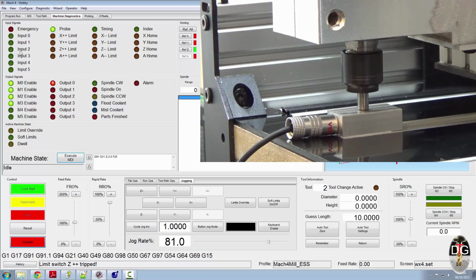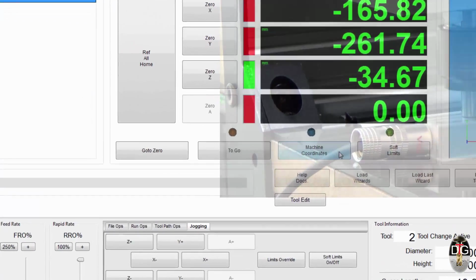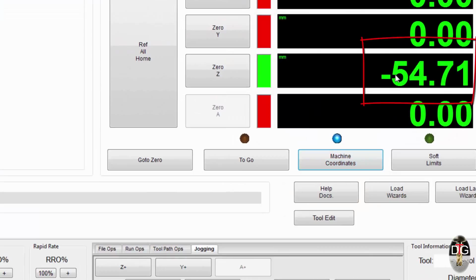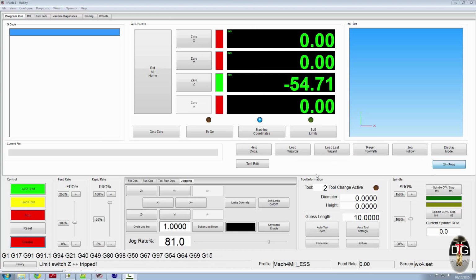Now the coordinates I need are the machine coordinates here. We've got 54.7, so I'm going to call this 55. So what are we going to do with this